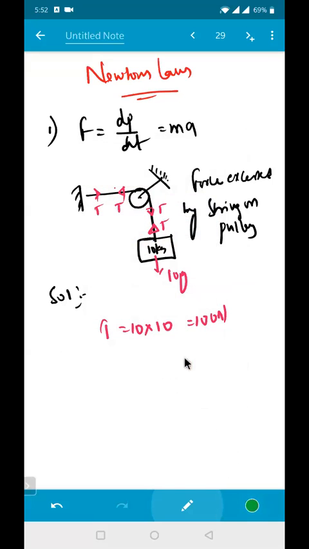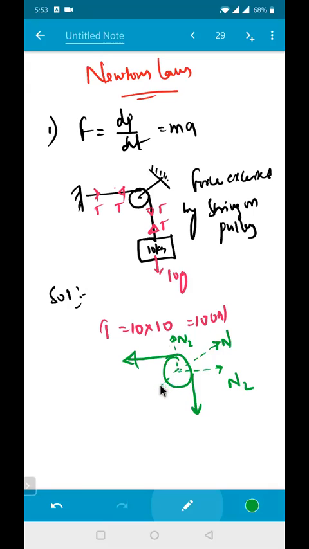If I'm taking the pulley, this is your pulley. On the pulley, there is one force in this direction and one force in this direction. That means the normal acting on this one is nothing but N2, and there is another normal acting on this one, which is N1. That means the force exerted by this one will be equal to how much in this direction? This is the resultant.